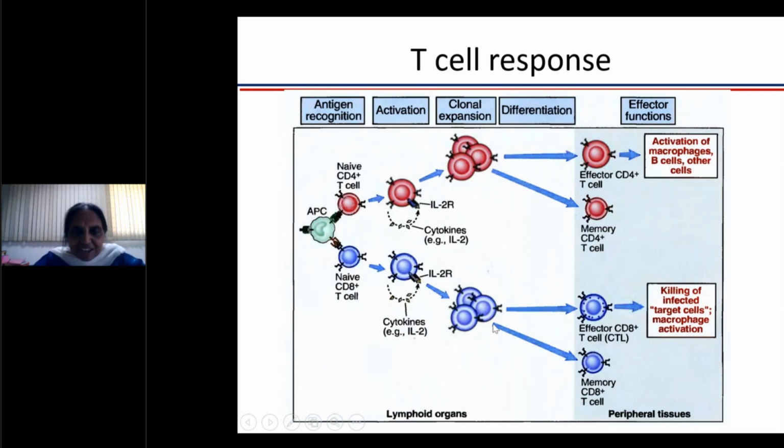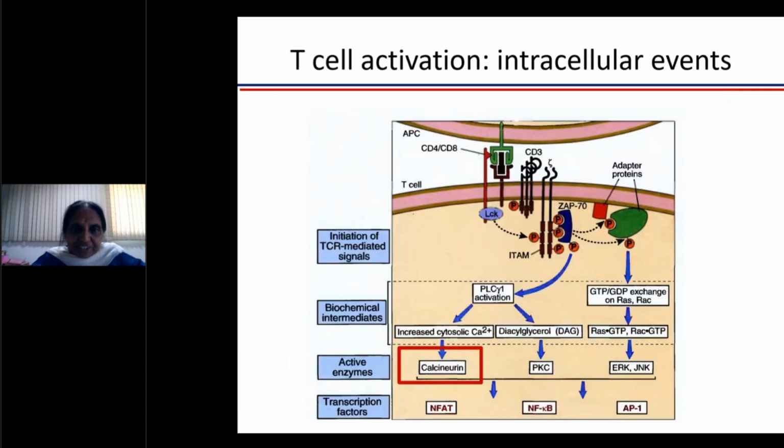Similarly, the CD8 cell will become activated CD8 cell. They will go and kill the target cells, and some will stay as memory CD8 cells. So this is how a T cell response is generated. And people who are more into biochemistry can know that once you get this, there is phosphorylation of multiple proteins and there is downstream signaling by multiple intermediary molecules, of which calcineurin is most important, and we have drugs which are used as calcineurin inhibitors to prevent T cell activation.